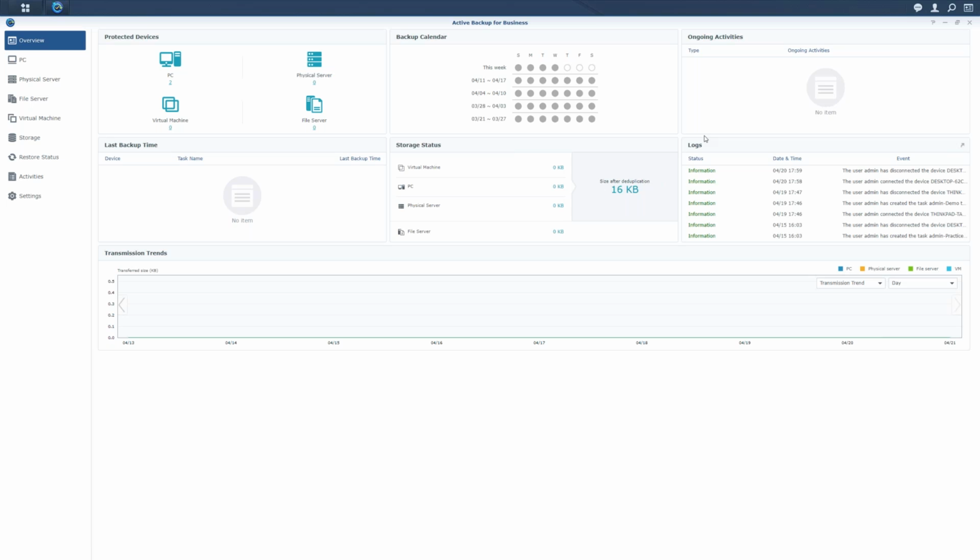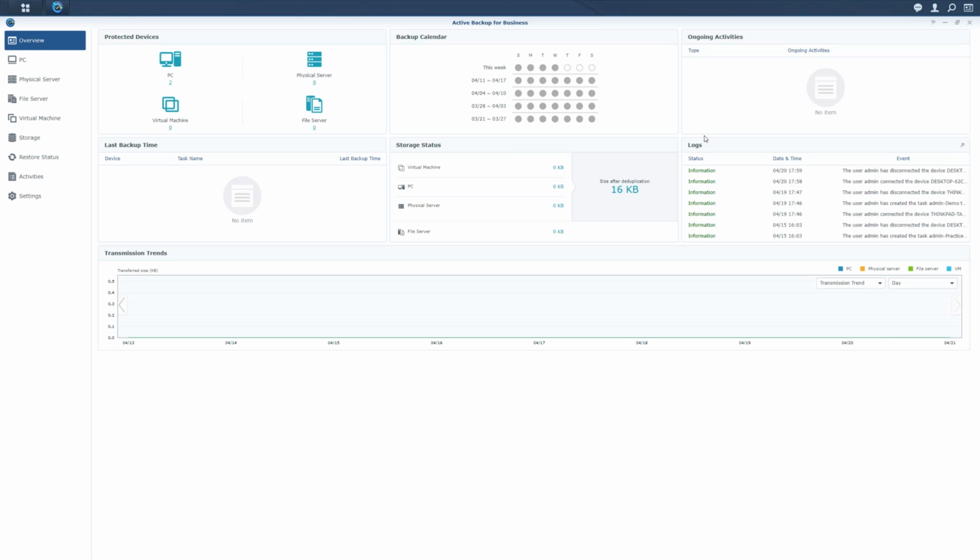The backup calendar will have a lot more color when it's actually in use, but it will show you a green icon when all the backups are fine for that day. It'll show an orange or yellow one if there's something you need to check out, and then a red one if there's something critical, like a backup didn't run or failed. On the right side you have quick access to logs right when you pop into the application, and of course from there you can go view the full log list if you need to.